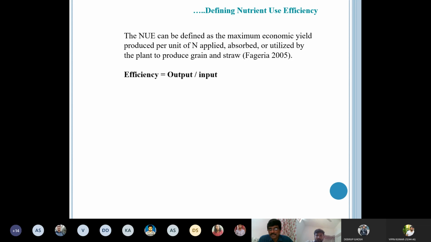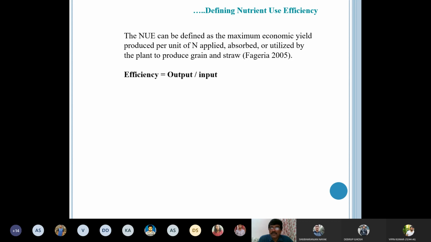The same is the case with, say, petrol. Thirty, 40 years before, in 1 liter of petrol, a car or motorbike could run 20 kilometers. But now we have bikes that can give you a mileage of 40 kilometers in 1 liter. So that means efficiency is improving. Similarly, in the case of nutrients, if each unit of nutrient can produce more biomass, more economic yield, more straw, more dry matter, then we can say the efficiency is improving.